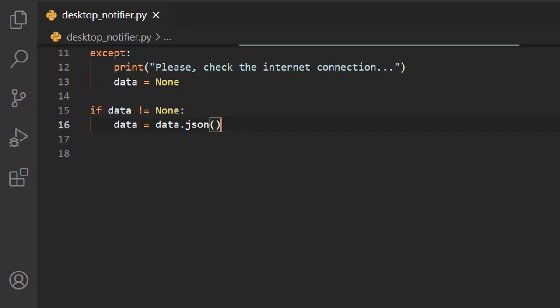So here I'm going to use the same word, success.